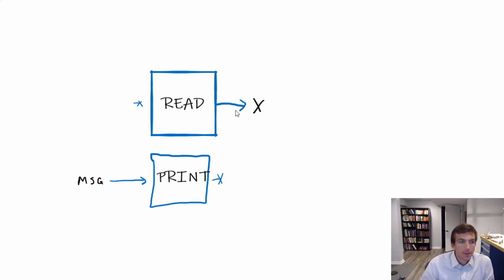But notice how in my pseudocode I write the output of a box by setting it equal to something. I'm reading this thing and setting it equal to X, right? And then on the right-hand side of print, I put the input to it. So with this block diagram notation, the order is a bit flipped here. But it's important to understand that these built-in operators, the things that your computer somehow knows how to do, are boxes that have inputs and outputs. Some might have no inputs and only outputs. Some might have a combination.